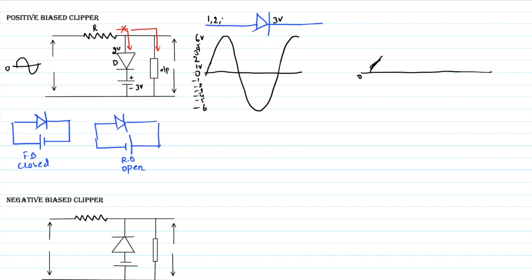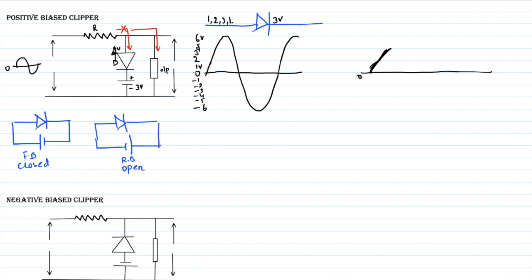Next is 3, that is 2 to 3 volt. 2 to 3 volt means it is still less than the 3 volt, because 2 to 3 is like 2.1, 2.2, 2.3 till 2.9. So the anode's voltage is less than the cathode. Again the same condition, the diode is open, and I will get an output. So for 0 to 1, 1 to 2, 2 to 3 you are getting an output. Fine.